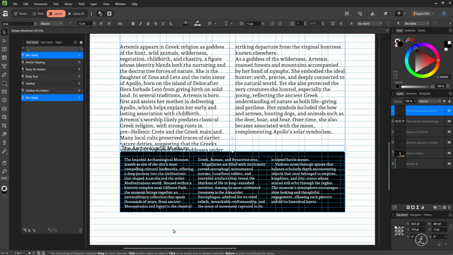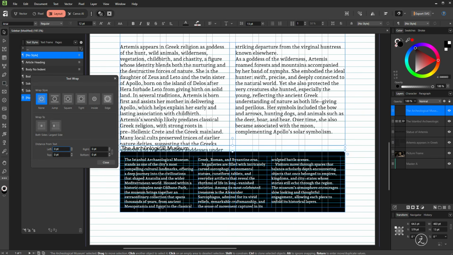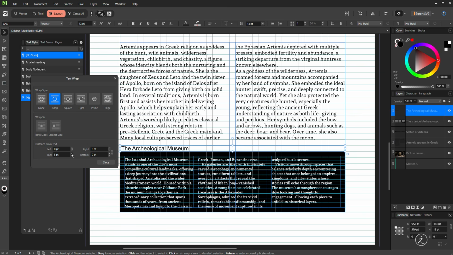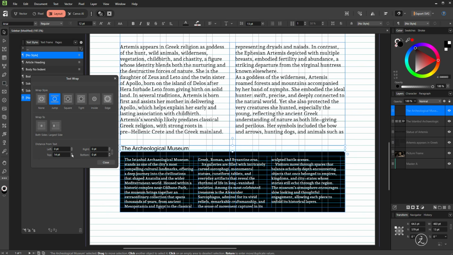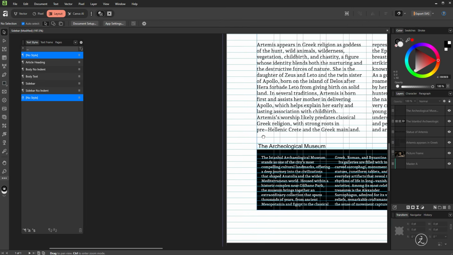And to move the body text out of the way, back on the text menu, text wrap and text wrap options. For the style, I'm going to use jump. And now we need space above, which means space on the top. The question is, how much space is enough? Well, let's not forget that the leading value of the body text is set to 13 points, which means 13 points for each line of text. So we're going to go up a bit more than 13 points. And that will be 14 points and then click to close. I like the breathing space, so I'll go ahead and keep that and continue